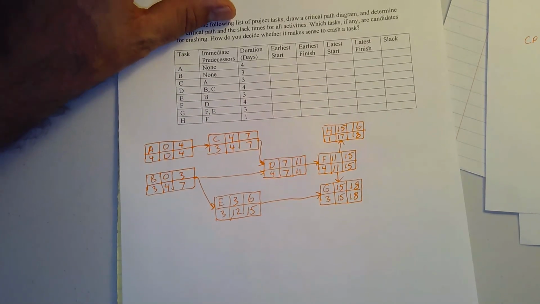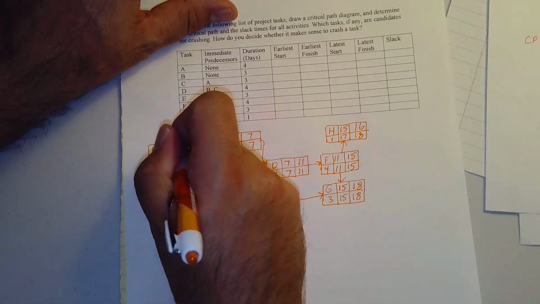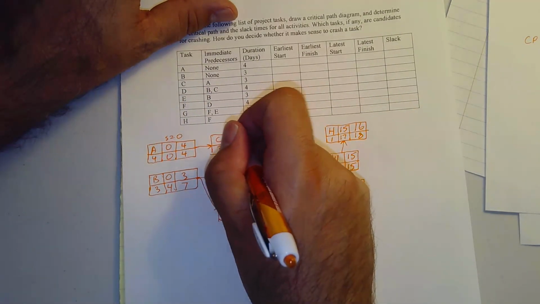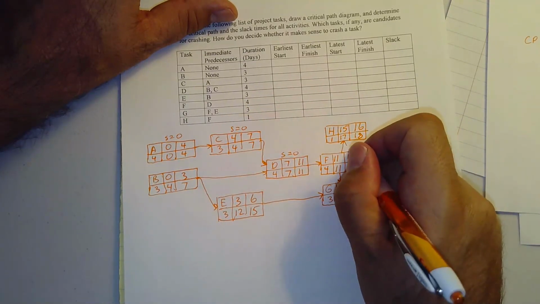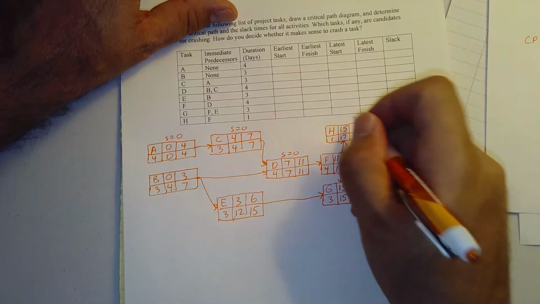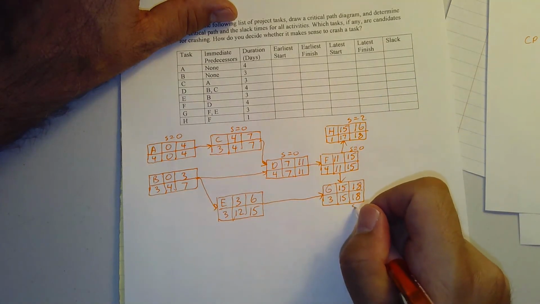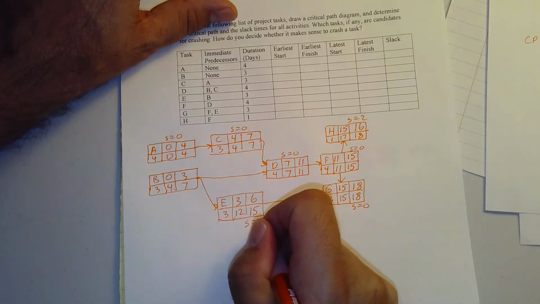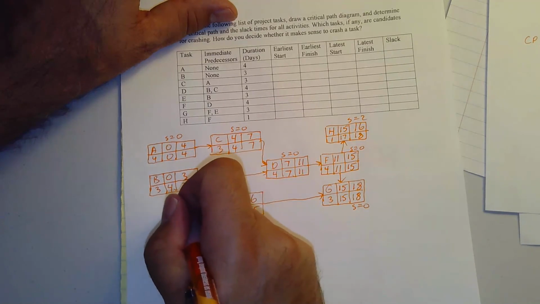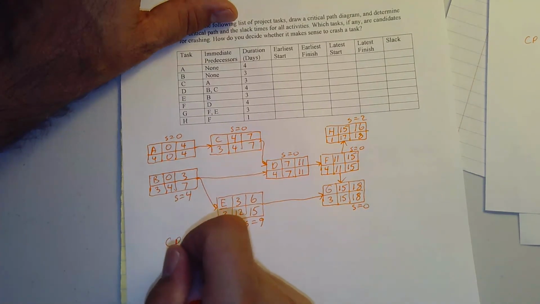Now I can calculate my slacks. For A, my slack is equal to 0. For C, it is equal to 0. For D, it is equal to 0. For F, it is equal to 0. For H, I have slack of 2. For G, I have slack of 0. And for E, I have slack equal to 9. And for B, I have slack equal to 4. So the critical path